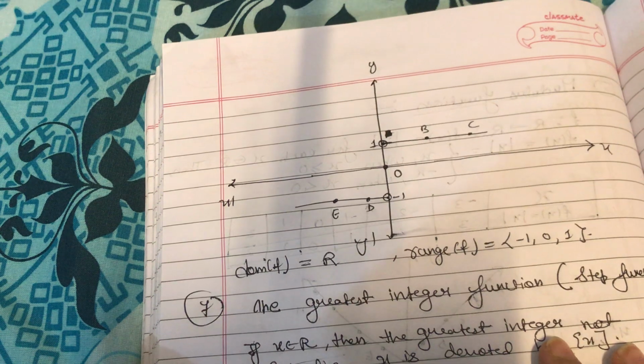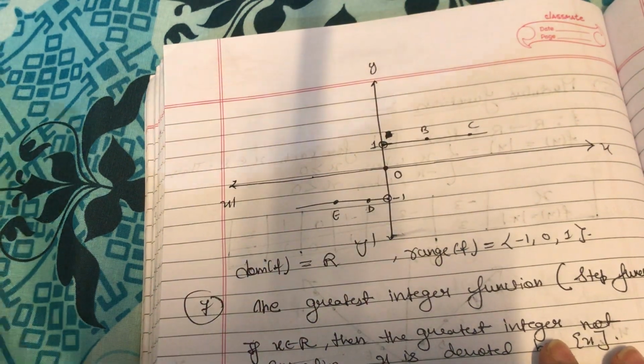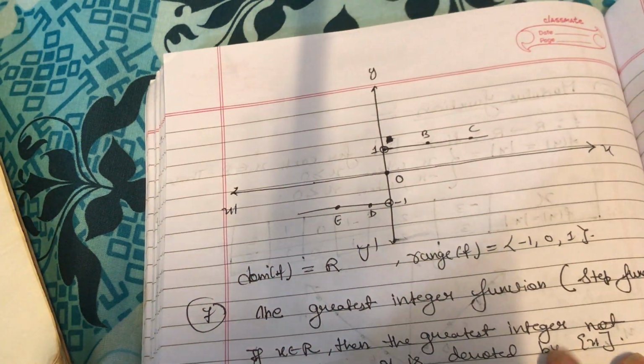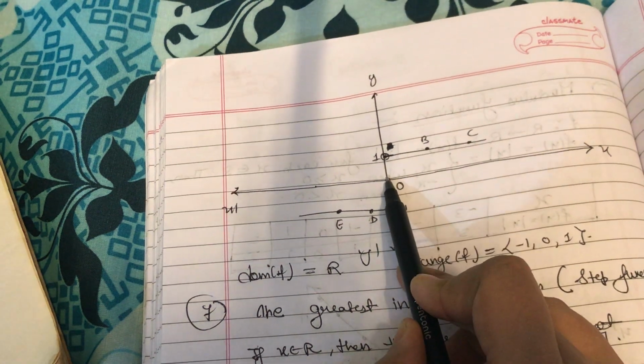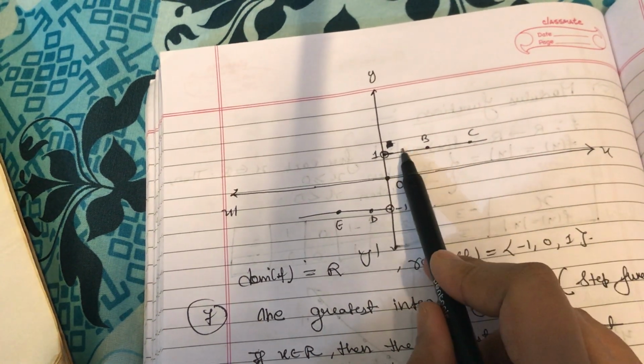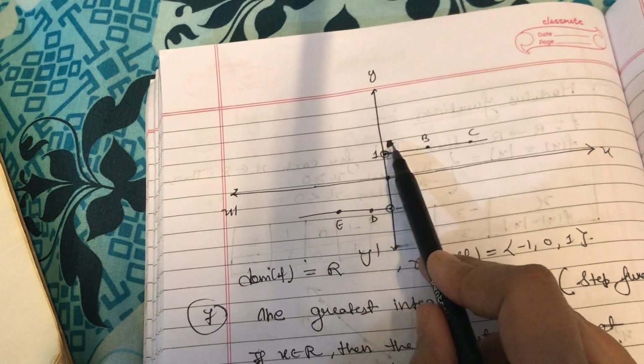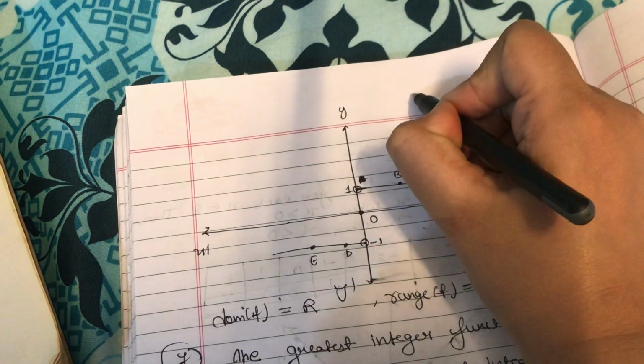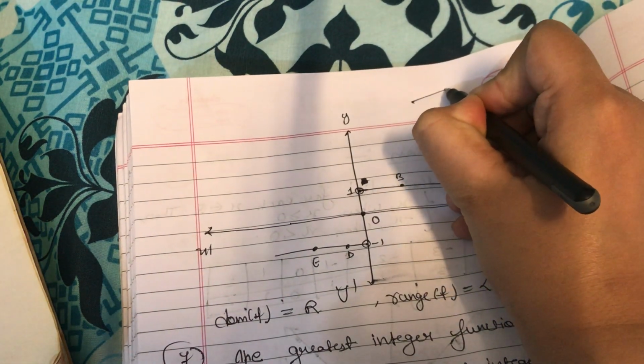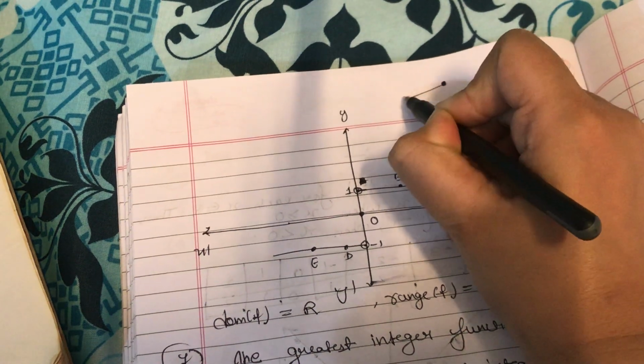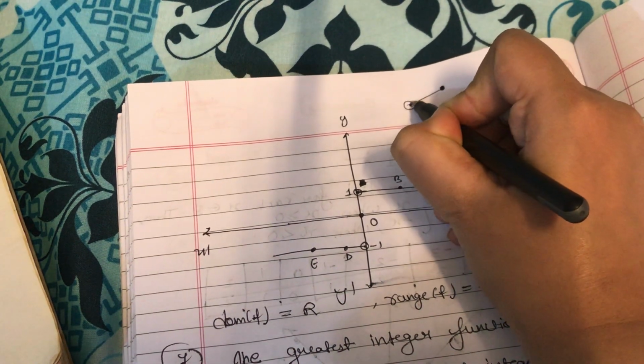And let's talk about the nature of the graph. So this is my nature of graph for the signum function. As you can see from here, for 0 I am getting 0. For all the positive values I am going to get 1. As you can see, the graph is like this. Here I have used a solid point, and here there is not a solid point.